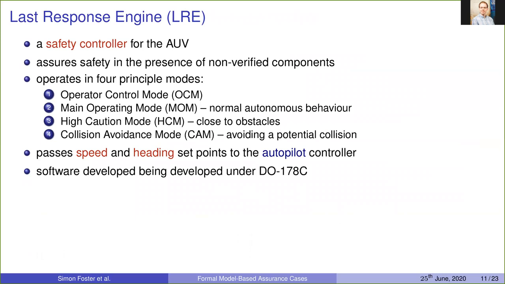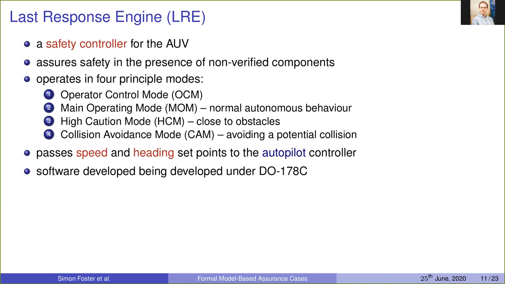This is a safety controller for the AUV, and it assures safety in the presence of non-verified components. So the idea is that even if your path planner, for instance, fails to spot a potential collision, the LRE won't. The LRE is assured to a high level of integrity, and so it will not allow a collision or